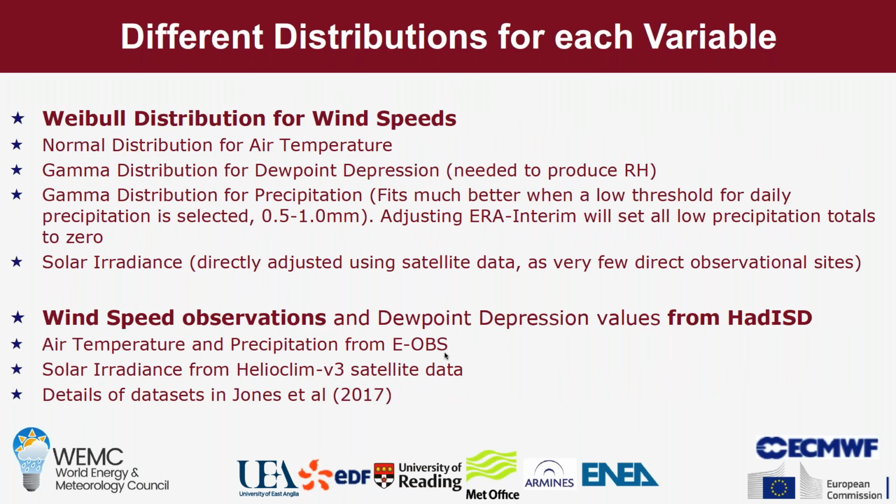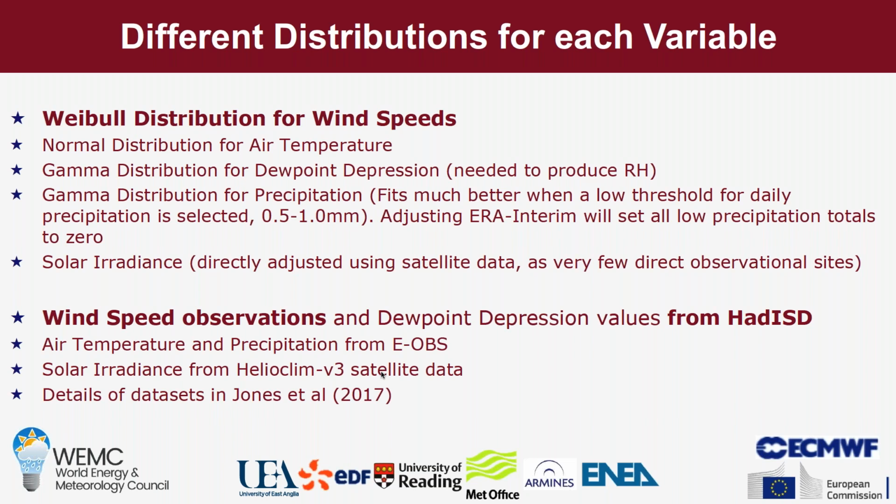So we use different distributions for each variable, and for wind speeds, this was the Weibull distribution. And for the observations that we're comparing with, there isn't a gridded data set like EOBS or ECA&D that Sylvie talked about. There isn't satellite data, which you can get for irradiance. So we reduced to station data, and we're taking data